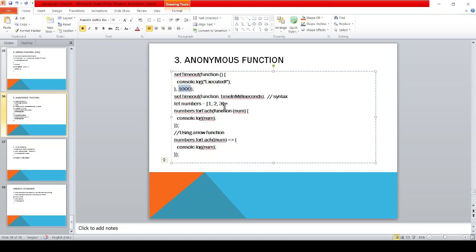So this is the anonymous function. And the same function can be written as an arrow function. You can see forEach number. So this is the function actually, and in the body of the function, they have written number. That's all. So it will print